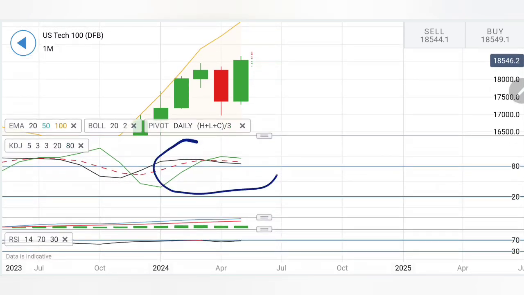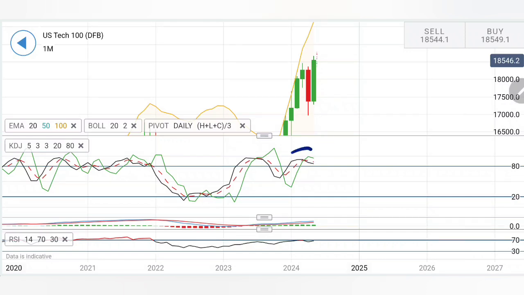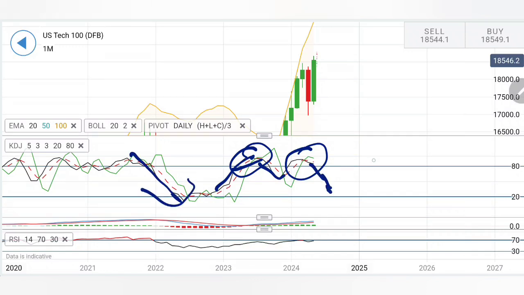The stochastic on the monthly charts is extremely overbought, and it has been staying overbought for the last few months. This was the last time when it achieved and stayed at overbought levels. Now it is time for it to show a pullback like this. Now this is in sync with what we have seen on the weekly charts. Thus it suggests that the bears should soon be back in Tech 100, if not in the month of May,